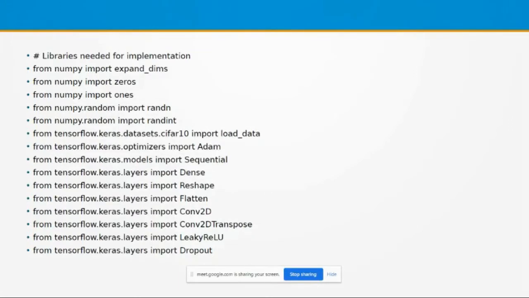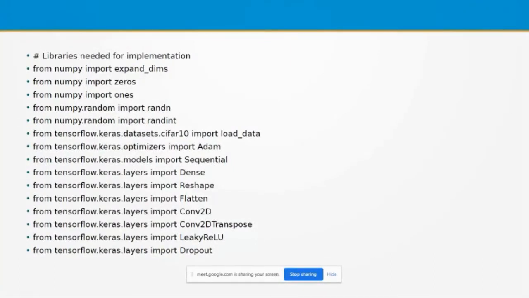ReLU is used for introducing the nonlinearity: negative to 0 gives the nonlinear nature of the classification, and 0 to max gives the linear operation.